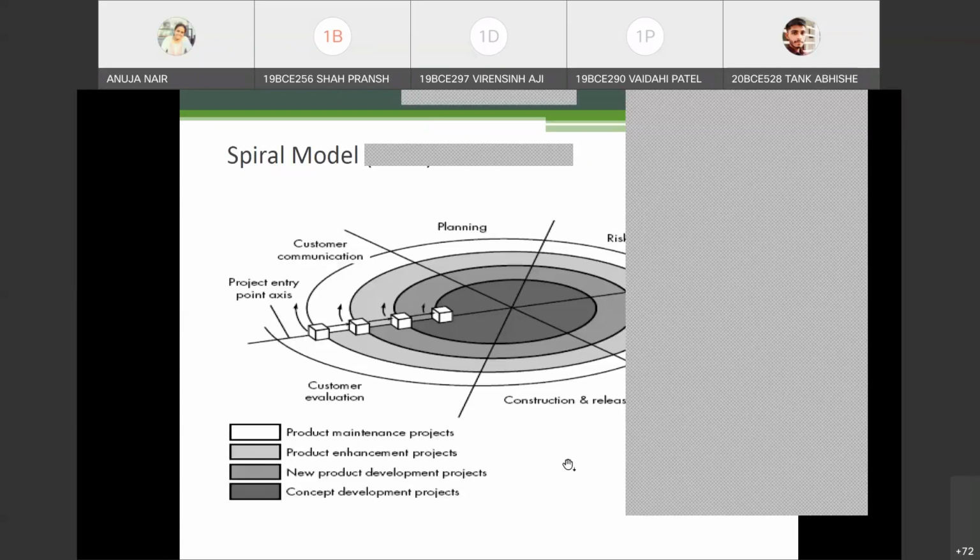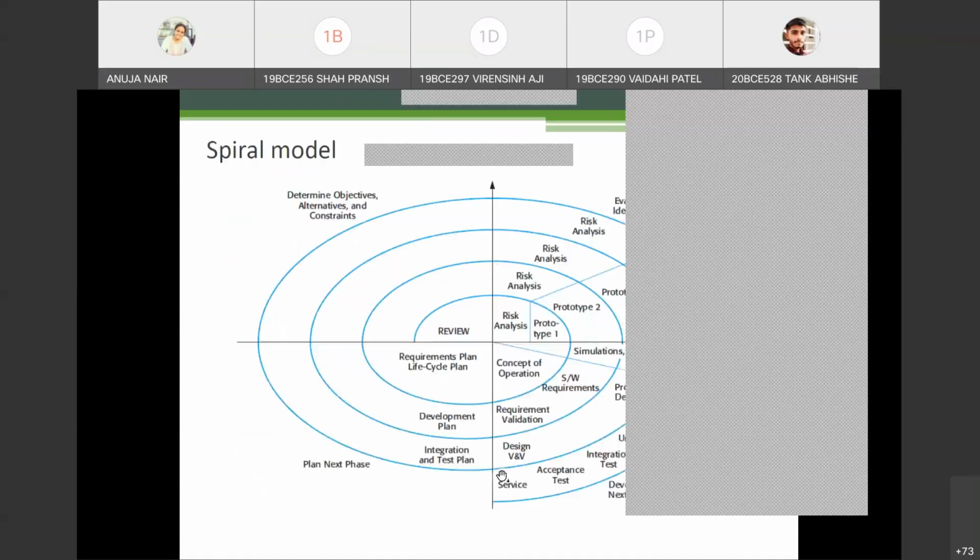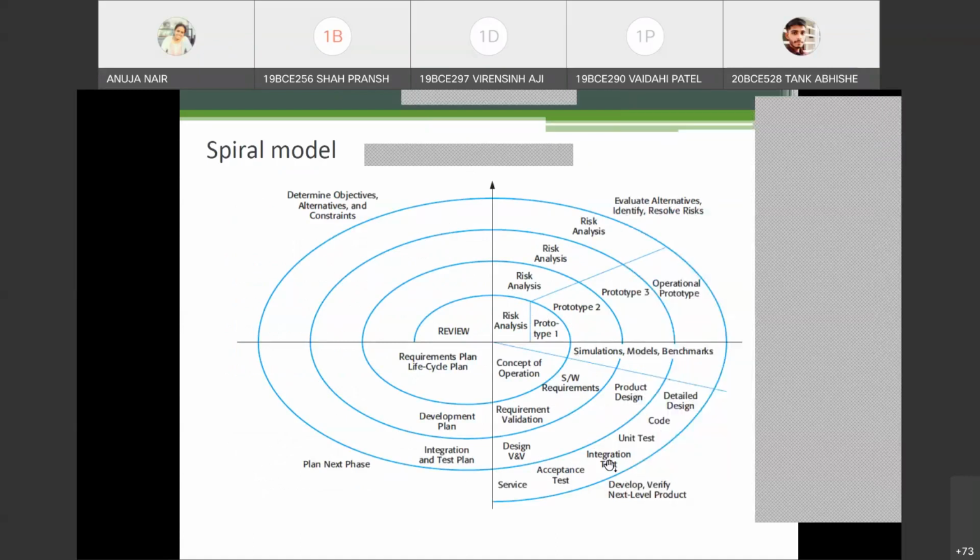Okay, so I hope you have understood spiral model. I've kept 2-3 diagrams that I got from different books and internet. So they all are same. थोड़ा ये वाला जो spiral model है इसमें भी risk analysis है, but इसमें और भी चीजें डाली हुई हैं. ये सब आपको पता नहीं चलेगा वैसे अभी. What is all this test and all? As and when you will proceed with the chapters of SE, then you will come to know the meaning of each and every terminology which is used over here.